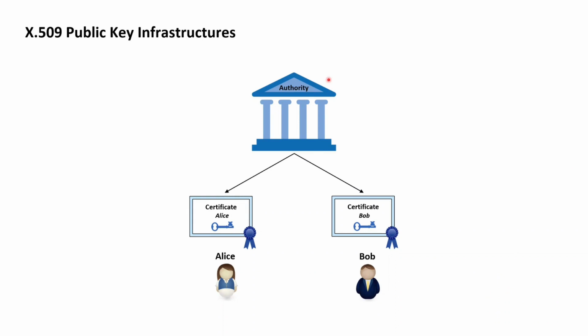Now, this course is all about X.509 Public-Key Infrastructures, or X.509 PKIs in short. And these X.509 PKIs are authorities issuing X.509 certificates to end entities like an Alice and a Bob. With these certificates, the PKI assigns cryptographic public keys to the end entities, and it's then these public keys that can be used for various cryptographic purposes, such as providing confidentiality to data exchanged by means of encryption, or to provide authenticity to data by means of message authentication codes or cryptographic digital signatures.